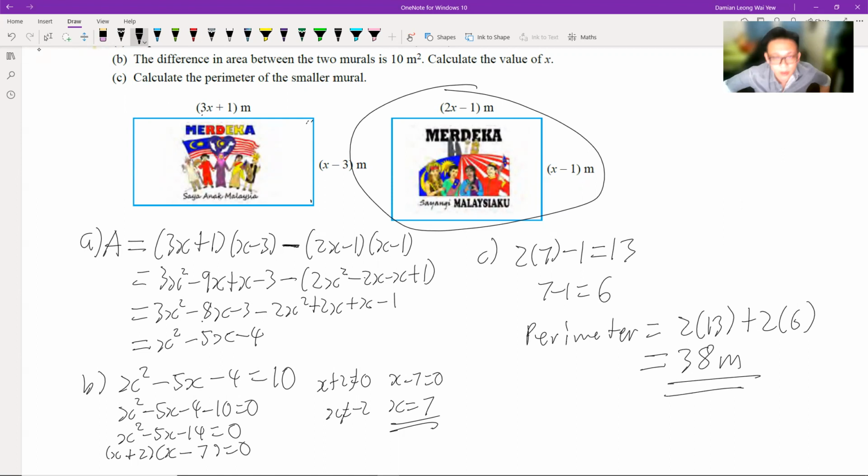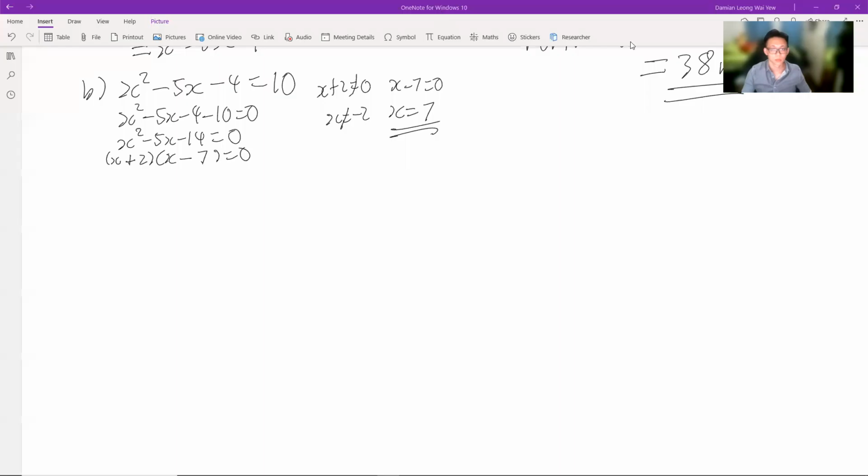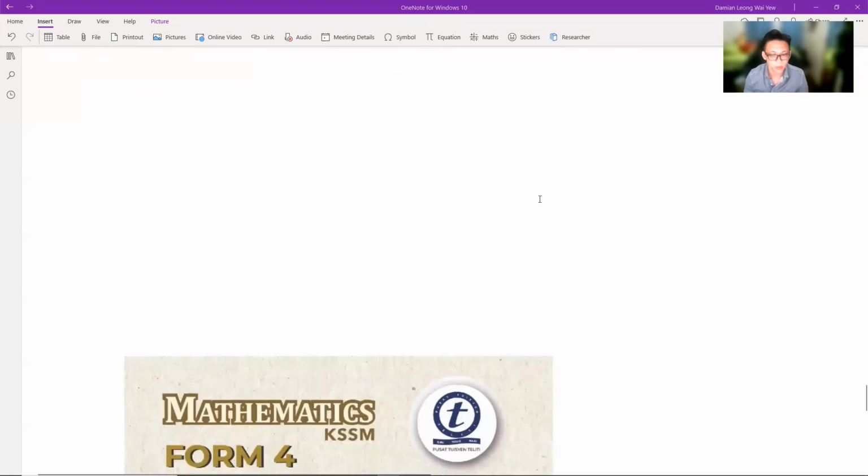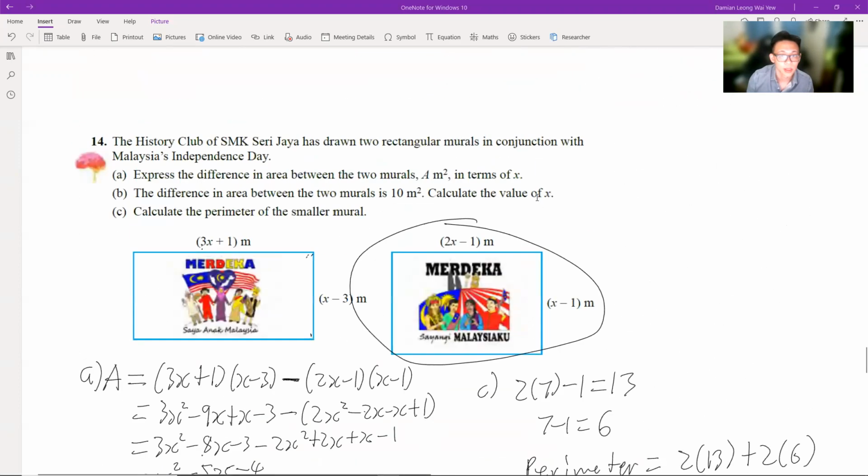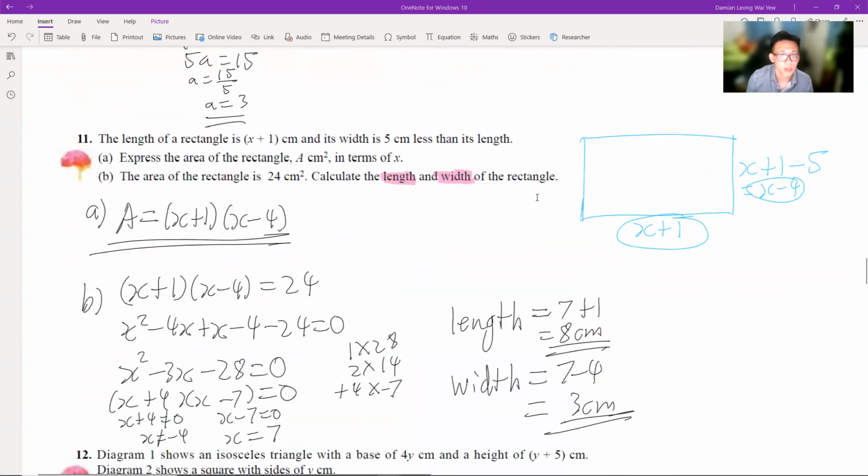Right? That would be the parameter of the smaller mural here. All right, so yeah, basically that would be all for the